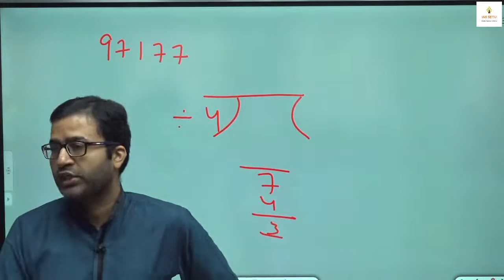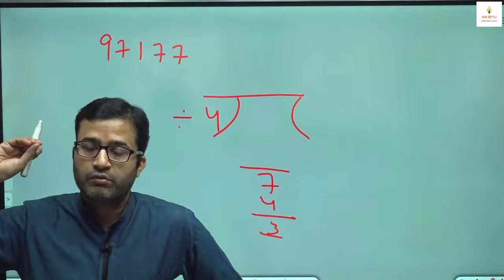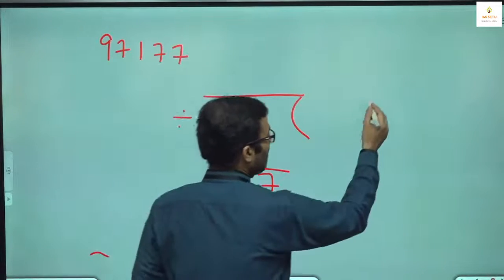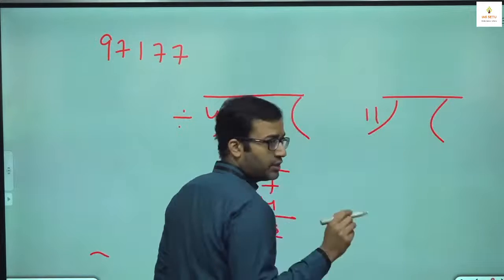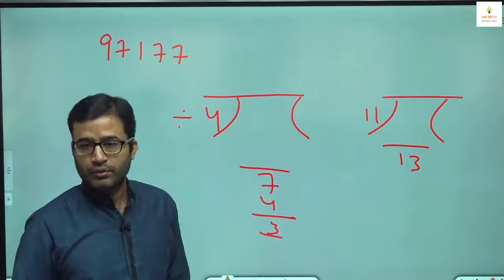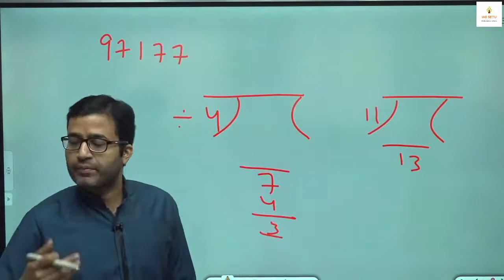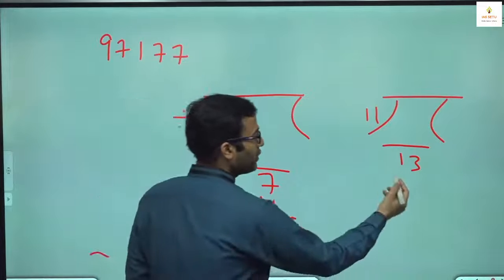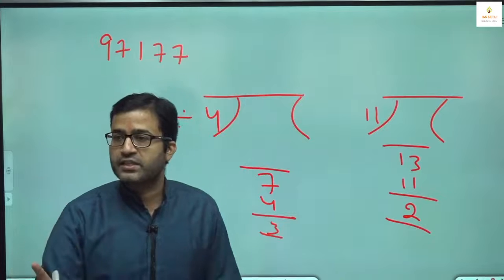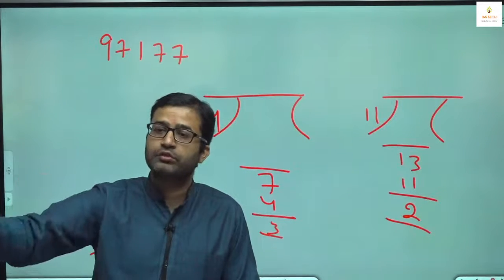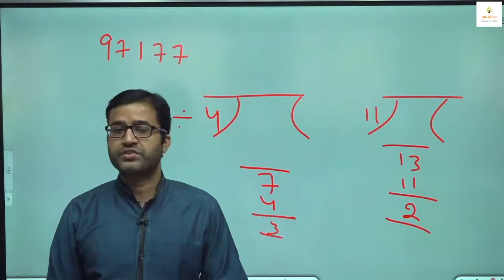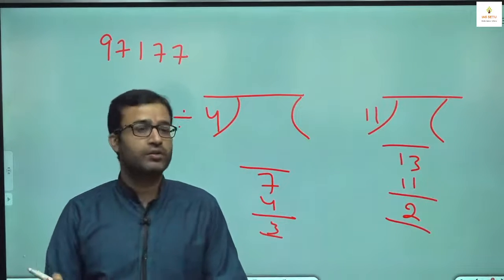बेटा बाप से बड़ा हो ही नहीं सकता। Your remainder cannot be equal to divisor, cannot be greater than divisor. अगर आप किसी नंबर को 11 से डिवाइड कर रहे हो और आप बोल रहे हो your remainder is 13, this is wrong. You have not done your complete division, आपने अपना पूरा डिवीजन किया ही नहीं है। इसको फिर 11 लिखो, ultimately your remainder is 2. If your divisor is 11, your remainder will lie from 0 to 10। वो 11 या 11 से बड़ा हो ही नहीं सकता, क्योंकि बेटा बाप से बड़ा नहीं हो सकता। ठीक है,